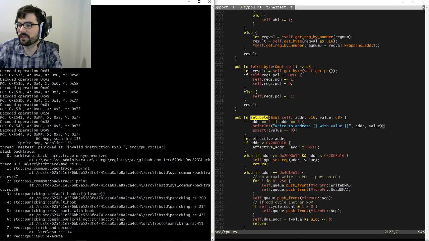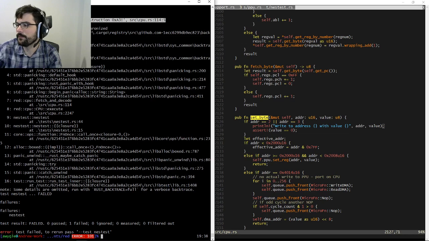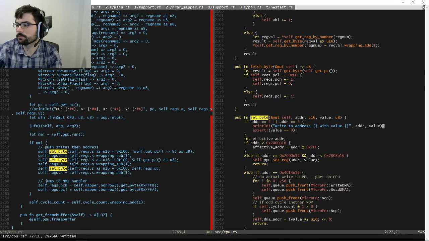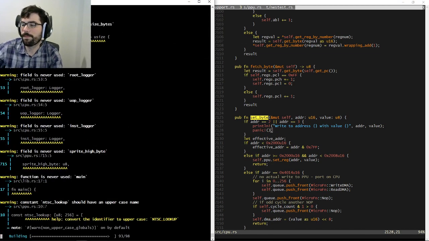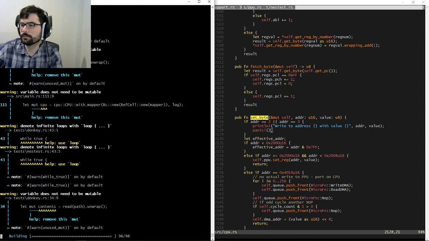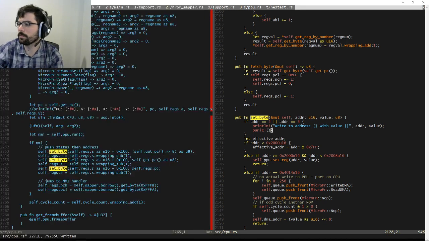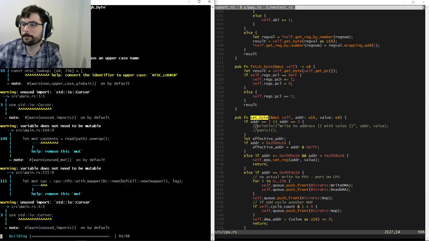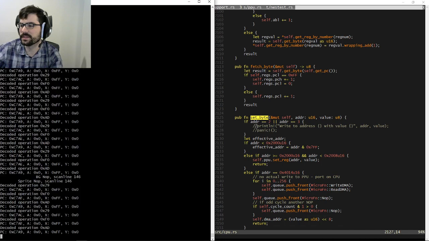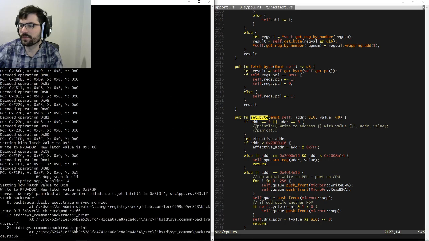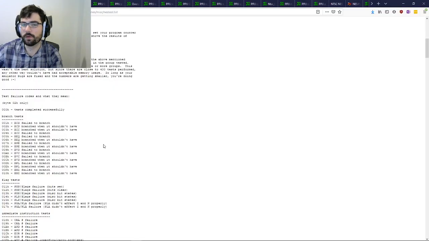Yeah, I mean, nest test runs fine up until it hits an invalid instruction, as far as I can tell. Maybe I should just panic here. Yeah, so I think the best thing to do, probably... Did you compare to the golden log? Yeah, I did. But like I said, I noticed that my flags were sometimes wrong. I just forget where. So I'm just going to walk backwards from this to see what instruction was right before it and fix that, and then it will probably tell me all the other ones that are messed up.